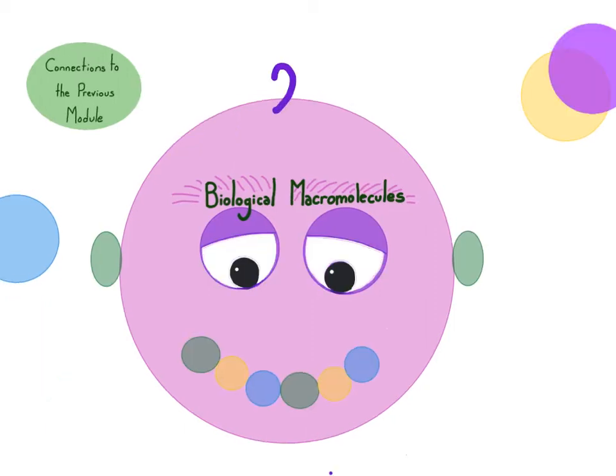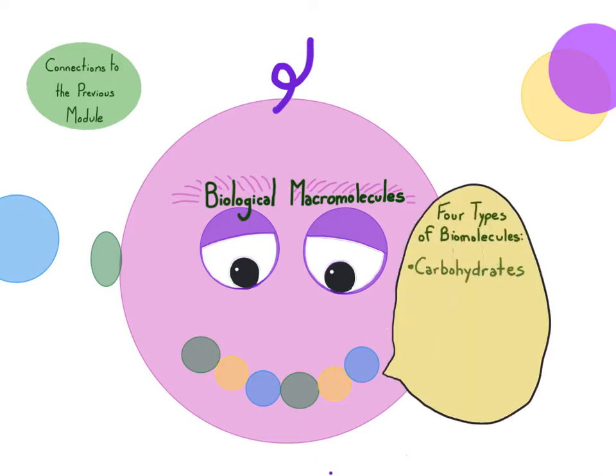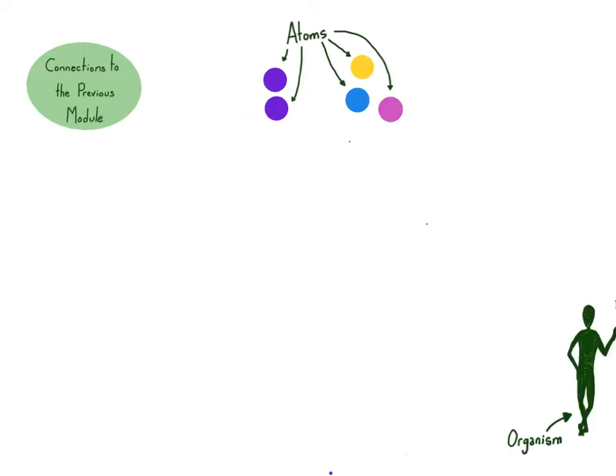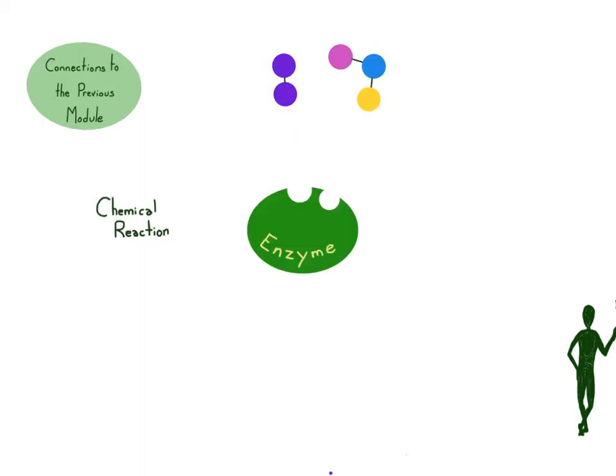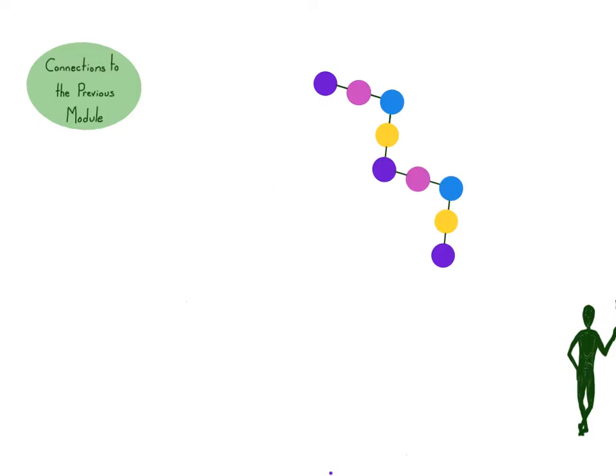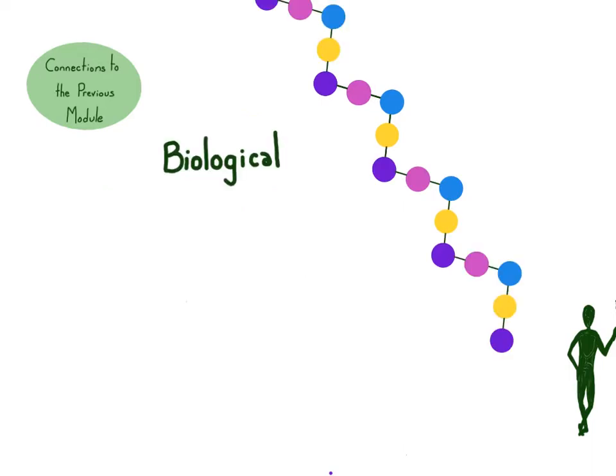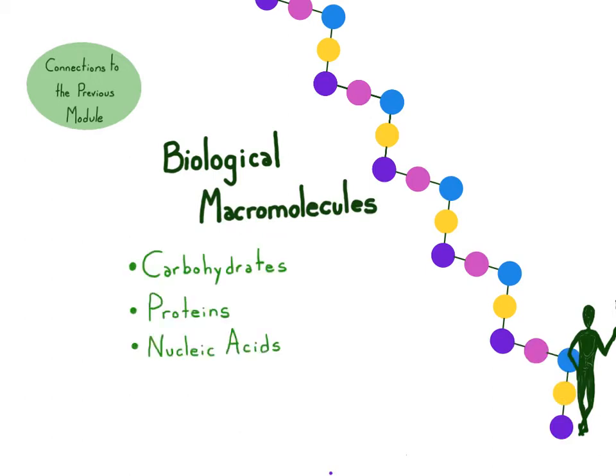The four types of biological macromolecules, or biomolecules, are carbohydrates, proteins, lipids, and nucleic acids. So to put this together into one sentence: in living organisms, atoms and elements in compounds undergo chemical reactions with the help of enzymes when they break old bonds and/or form new bonds. And many of the compounds in organisms are relatively large molecules called biological macromolecules, which include carbohydrates, proteins, nucleic acids,